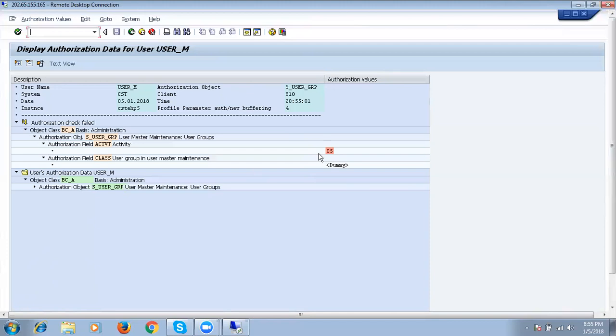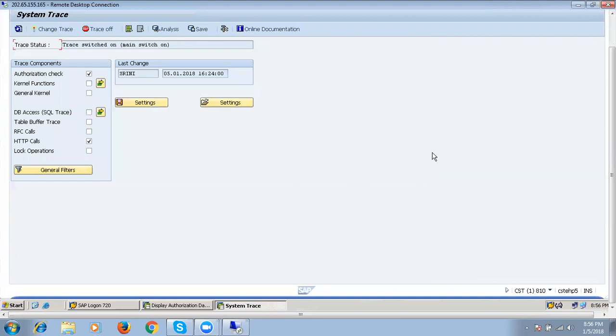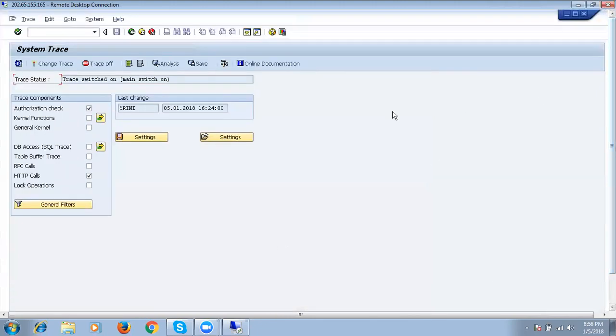Change password. So how do we know it's for change password? No, he doesn't have that authorization to change password. Yeah, but we are just seeing 05. Like now, if I come to this screen, I see only 05. How would I understand what authorization is missing? I understand it's only one, but what is the authorization that is missing here? For that, we have configured a system trace for that user, to find out all missing authorizations.